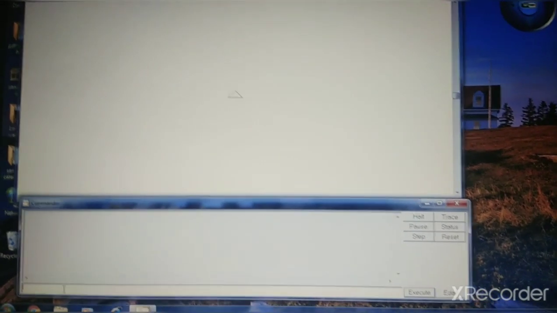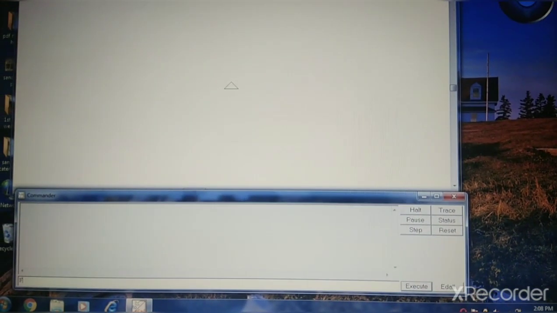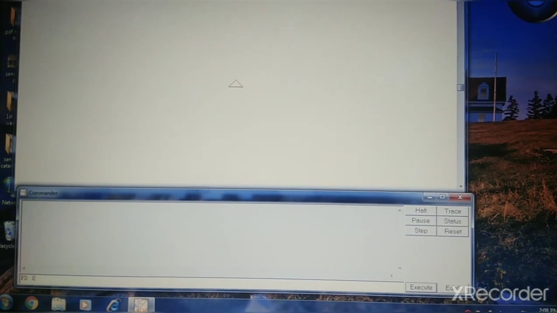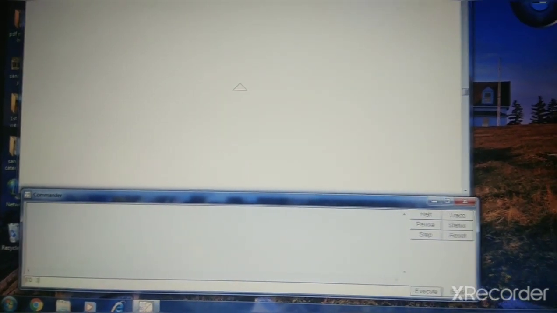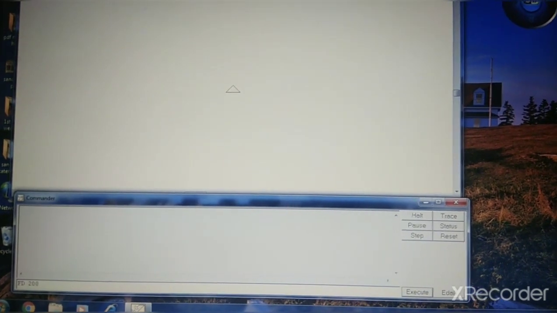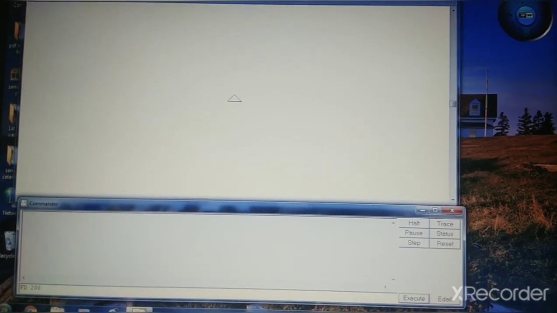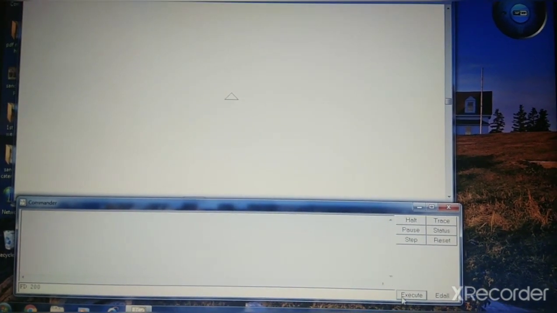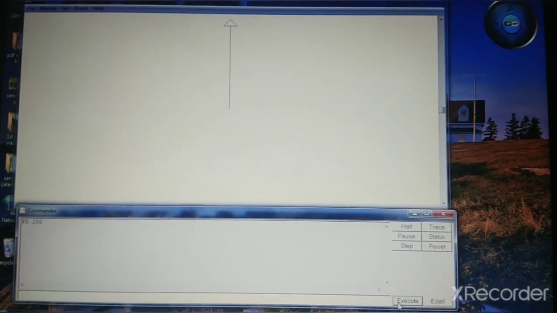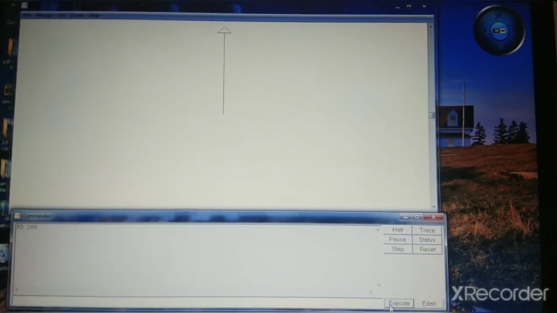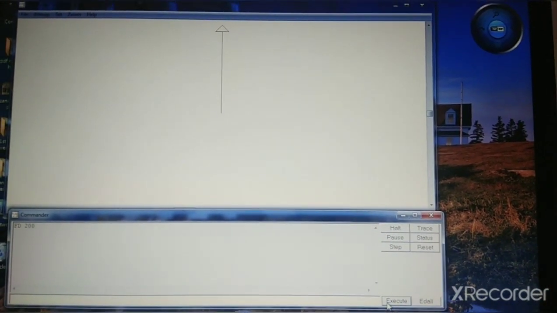Now look here, I will type your command, FD space 200. First we will draw a straight line of 200. Press the enter key, or you can click on this execute command. See, the turtle has moved forward, FD 200.